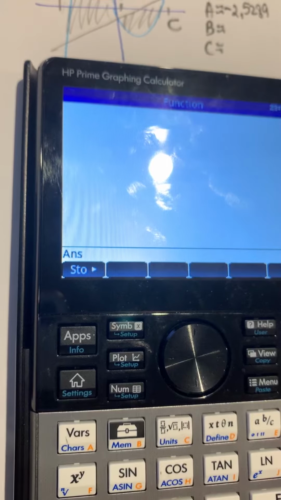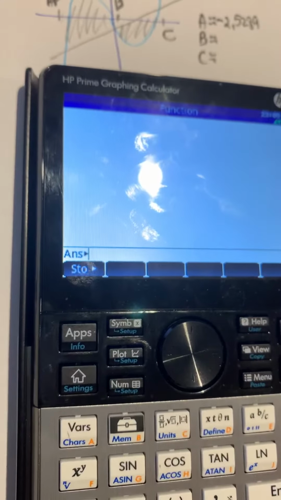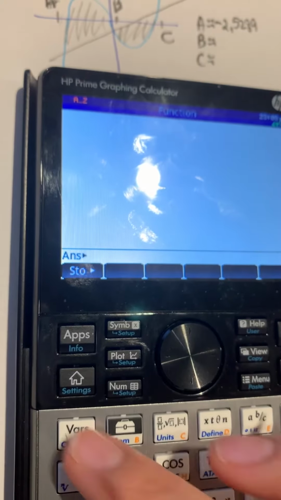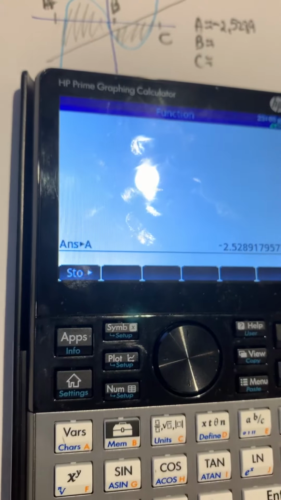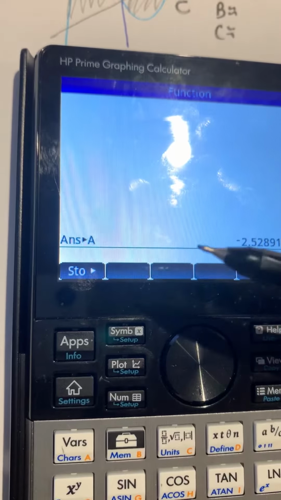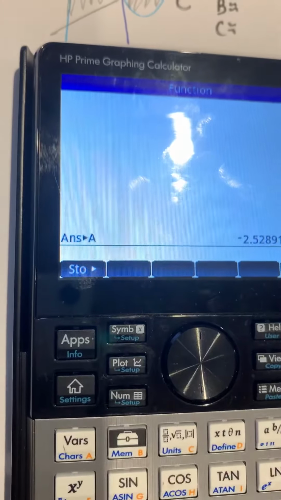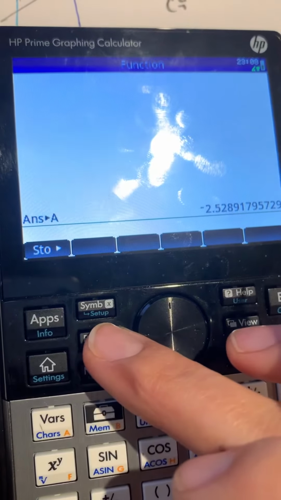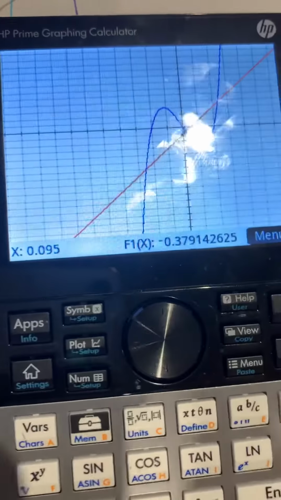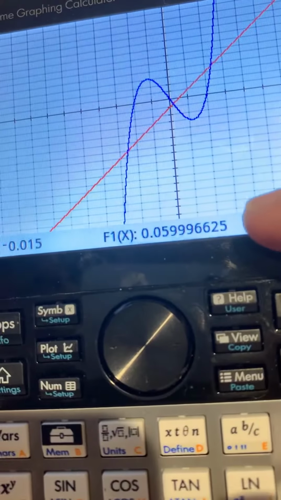Actually, let me see if it does it. Store. I wonder if I just put it in here and do alpha A, if it stores that value. Yes, it does. Okay, so that's good. So I have that value. Then for some reason I feel like I had to put an X first, but let's see how it goes with the next one. So I go back to the next one. I go to plot. I touch near where that intersection is, and I go menu,